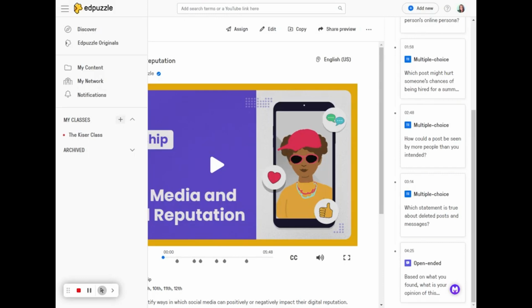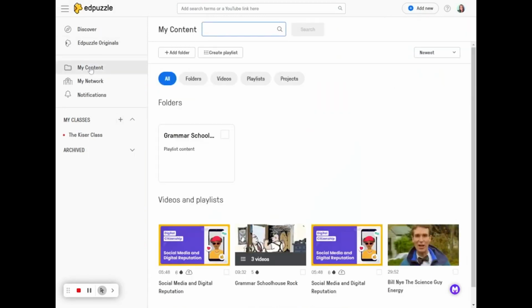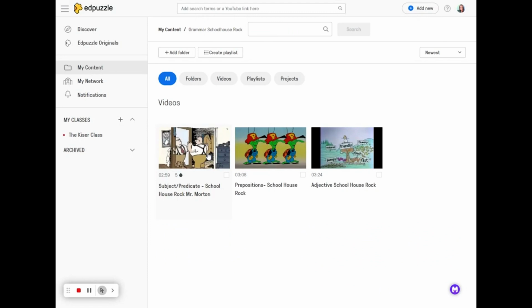So the next feature I want to show you is Teacher Assist. There's 2 functions in Teacher Assist for now, but I know they'll be adding more in the near future. So let me click on My Content so that I can show you Teacher Assist. The first feature that I want to show you is the question generator. Now, I have a collection of Grammar Schoolhouse Rock videos. Love, love, love these. So I'm going to click on my videos, and I have 3 so far